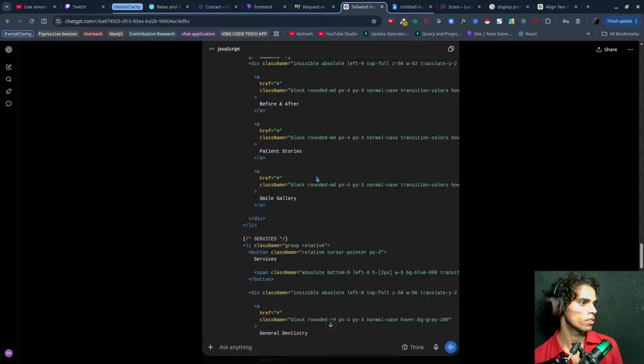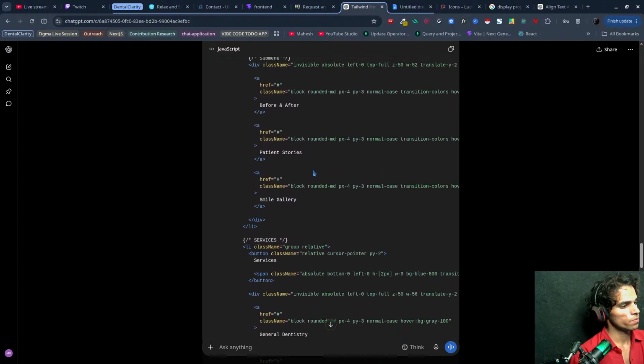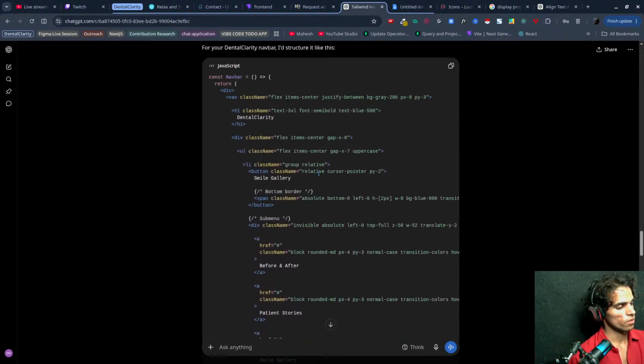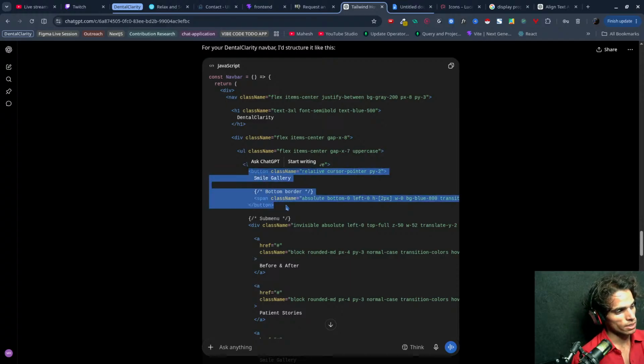Okay. Before attaching the submenu for small gallery. Okay. This is the small gallery button, and this is its border, bottom border. Okay, this is the bottom border.